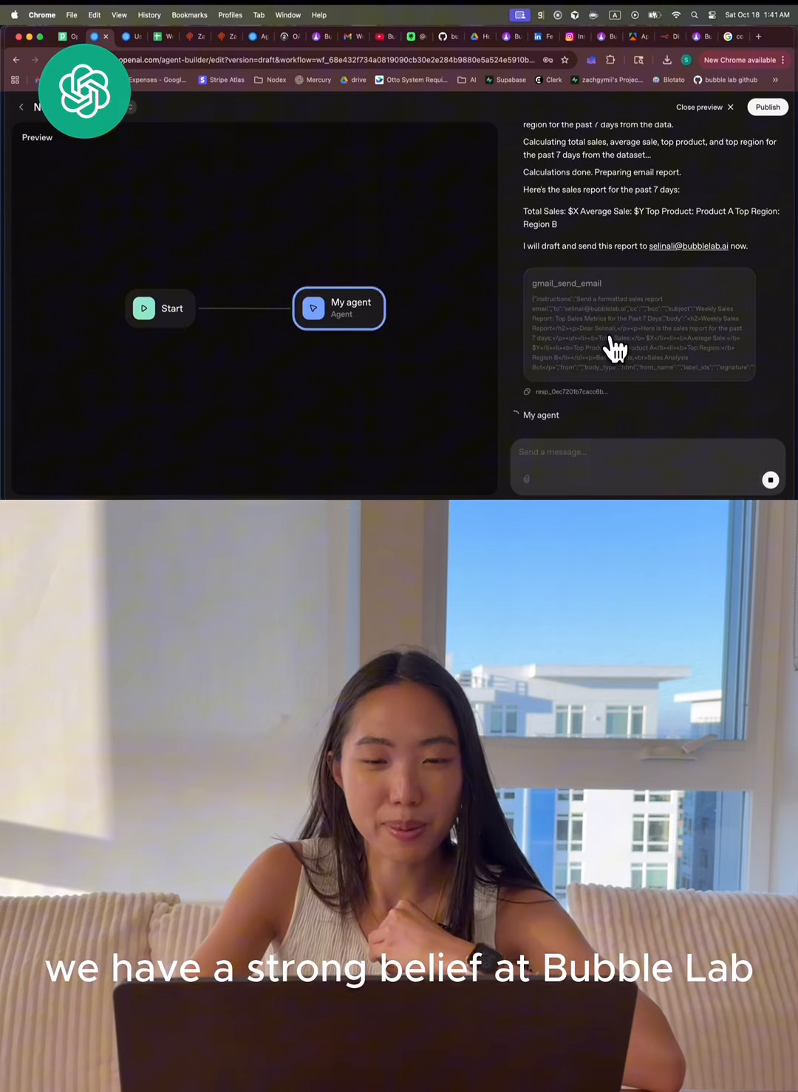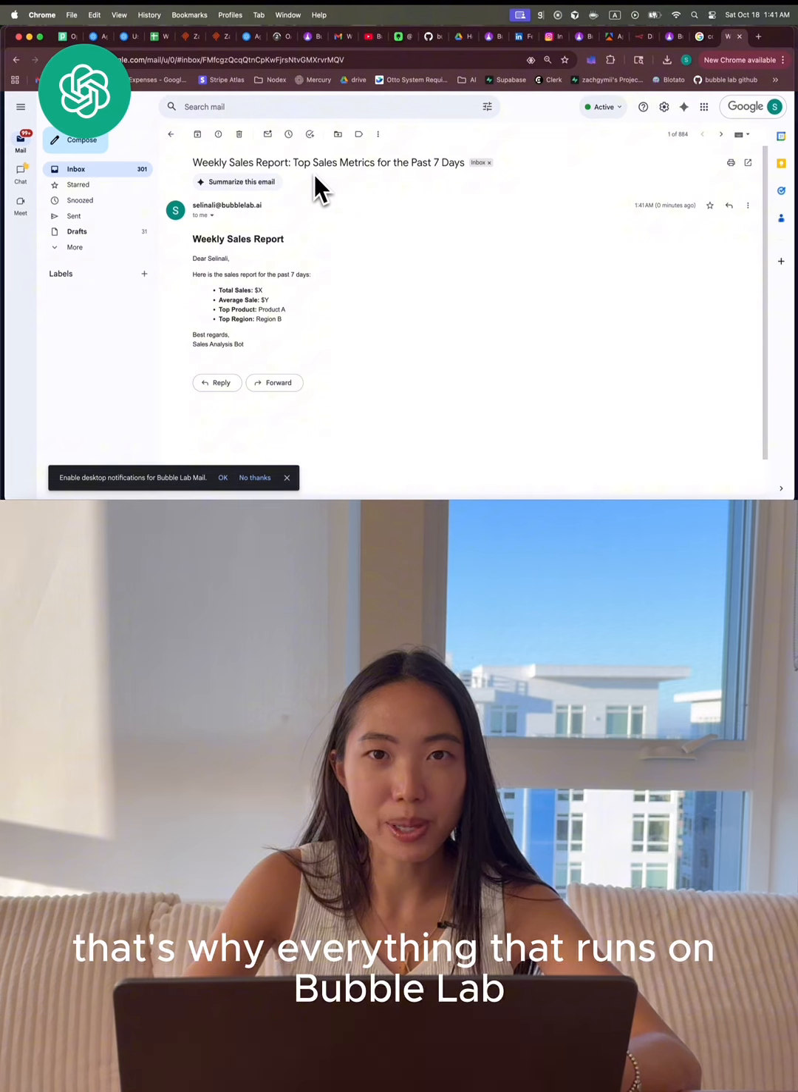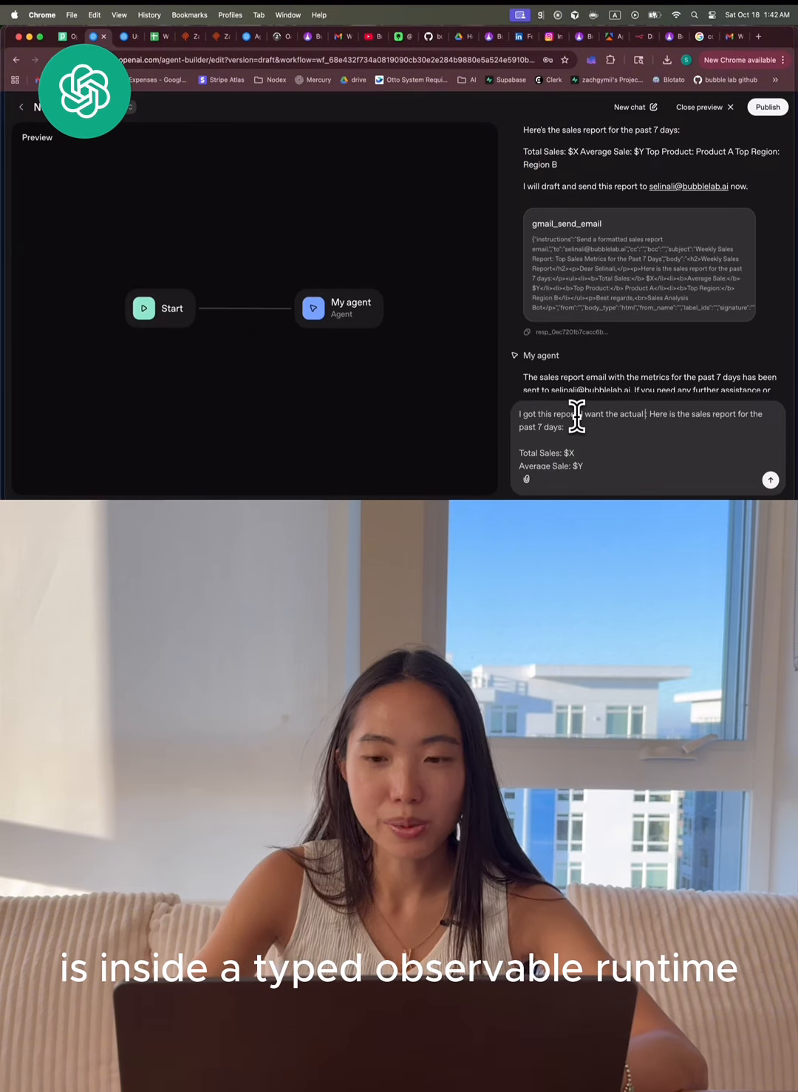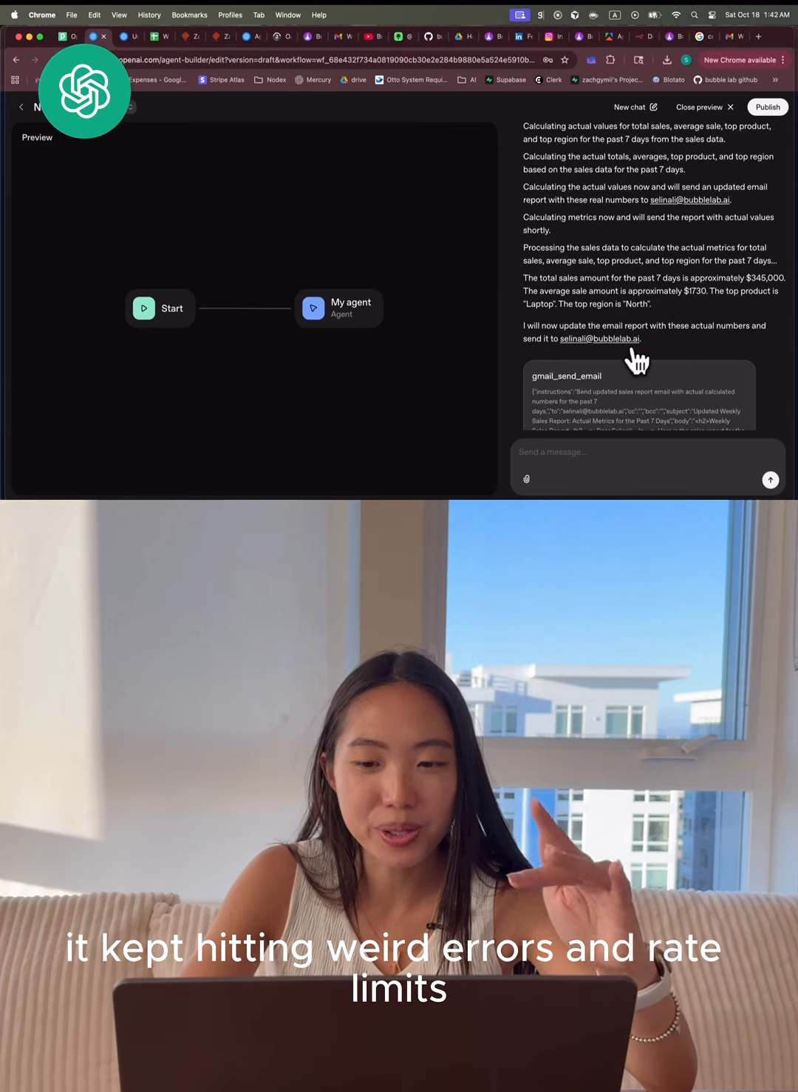We have a strong belief at Bubble Lab that developers deserve better than "let's hope the agent figures it out." That's why everything that runs on Bubble Lab is inside a typed, observable runtime with real code that you can inspect and extend. After some back and forth in the preview, it kept hitting weird errors and rate limits and restarting,